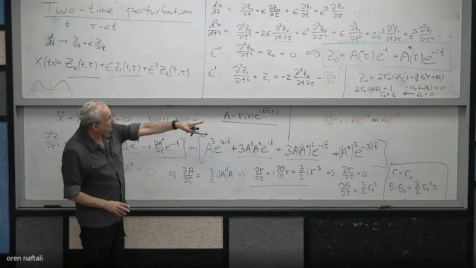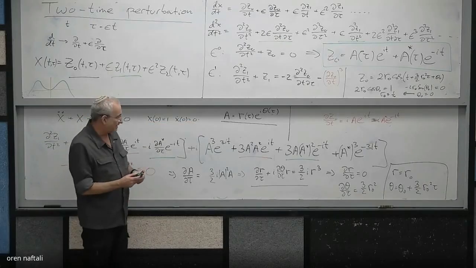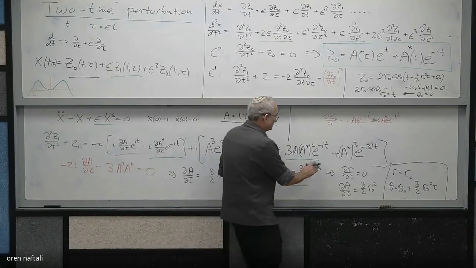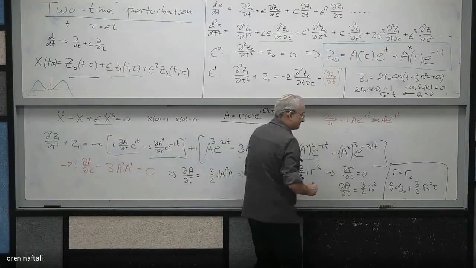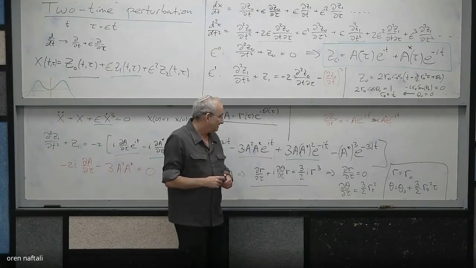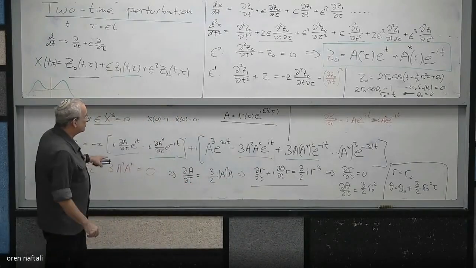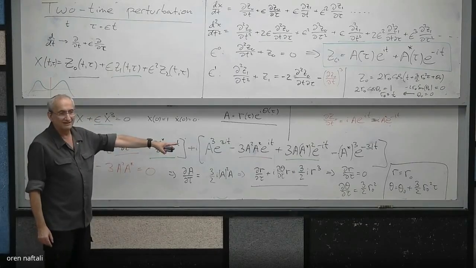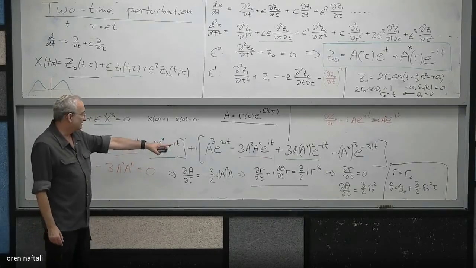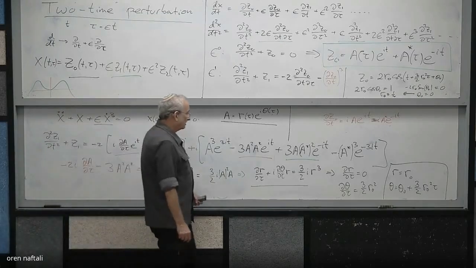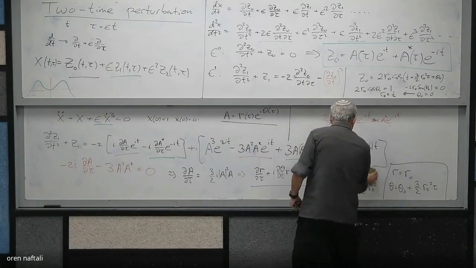I have a minus sign between the first and the second, and clearly this implies that this is plus, this becomes a minus, this is plus, and this becomes a minus. Still, the dangerous terms are the green and the whatchamacallit term. So the only difference is that now